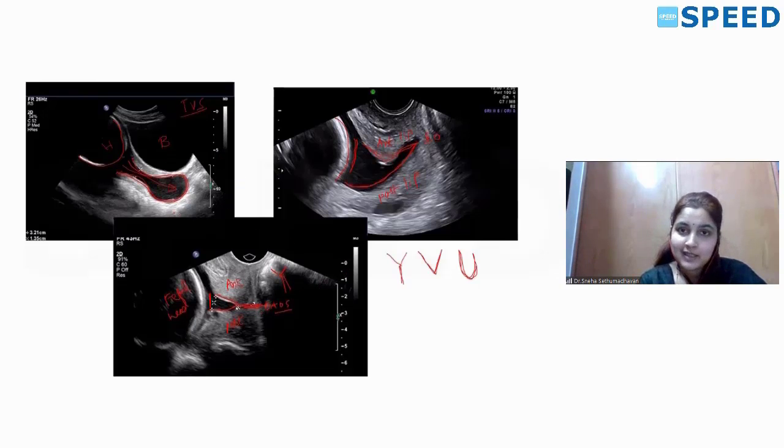So it will usually be a transvaginal scan. Look for the baby's head first. It will be a nice white structure and either the cervical lips will be in approximation with each other or it will be opened up to cause a Y, V or U-shaped black color structure. That is, the cervix is opening up.